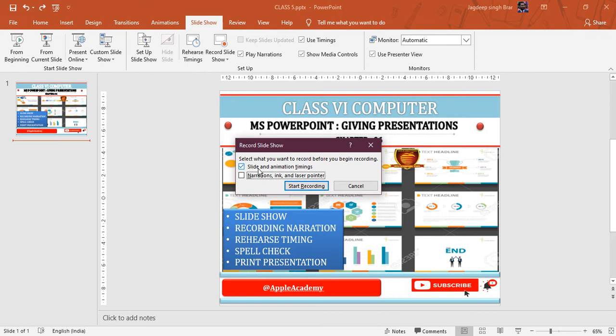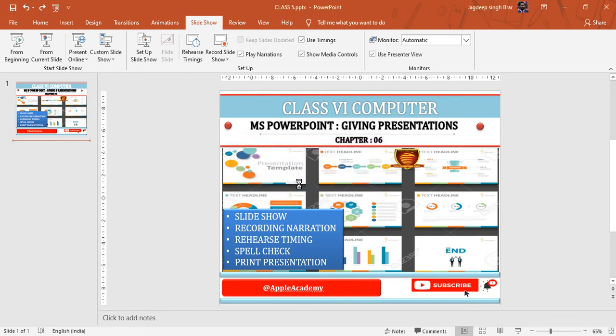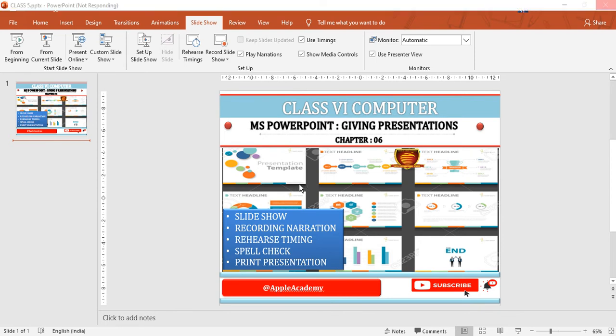So you can select the slide and animation timings and click on start recording. Along with this, when you speak, the microphone as a recording dialog box will appear on your screen.